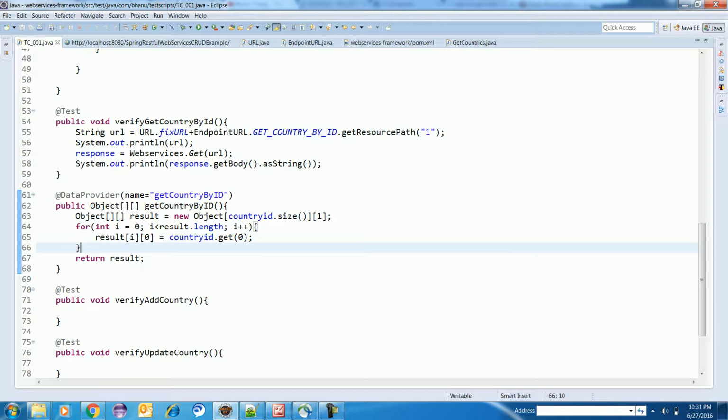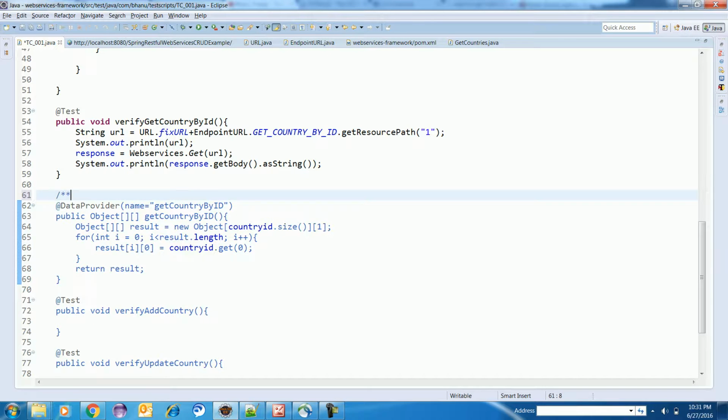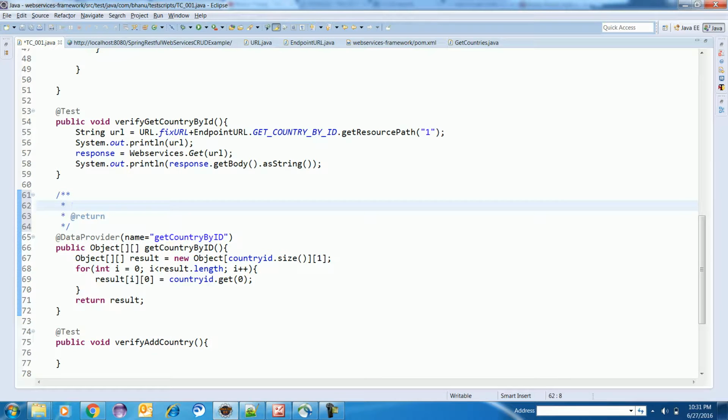Here I can write, this data provider is used to validate country details.